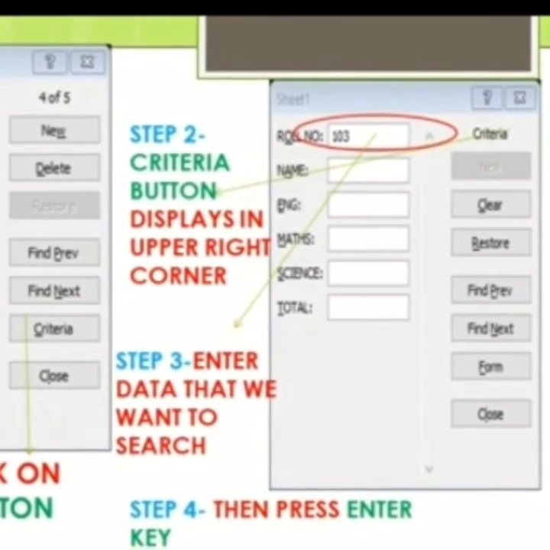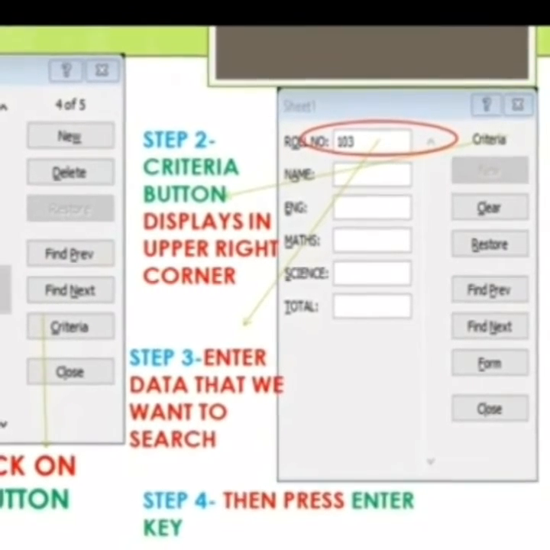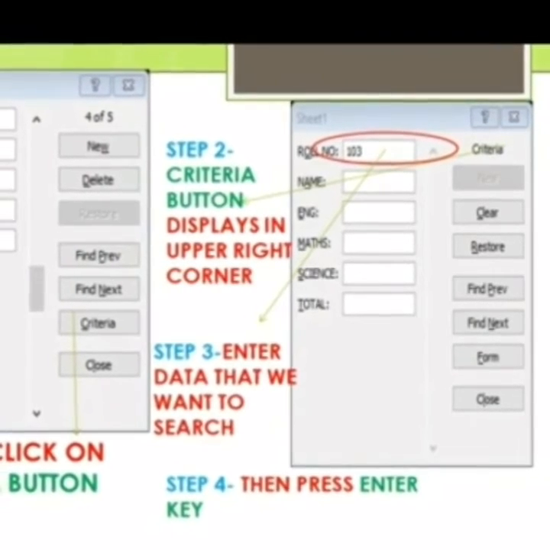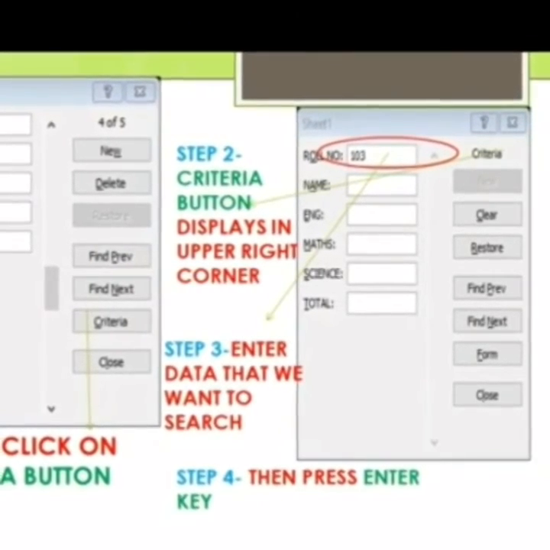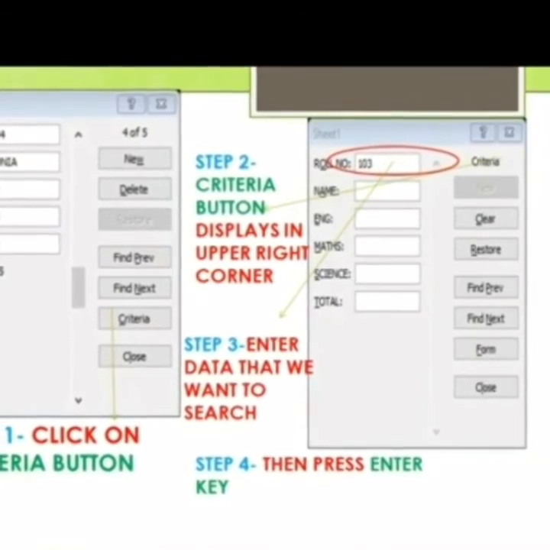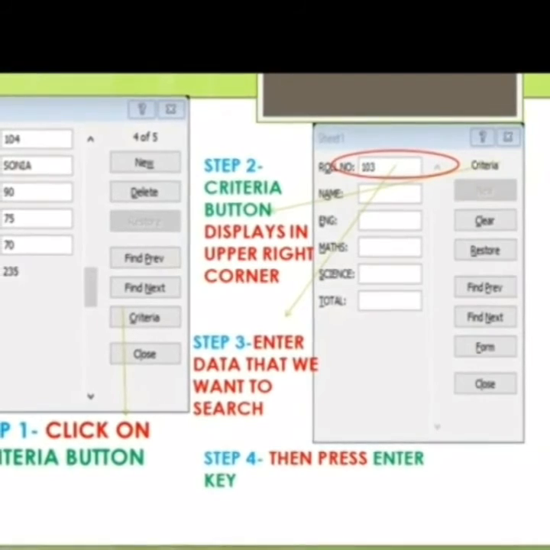Then in the first column, we have to give the criteria to find or search the record. I am giving here 103 in roll number, and then we have to press the Enter key.